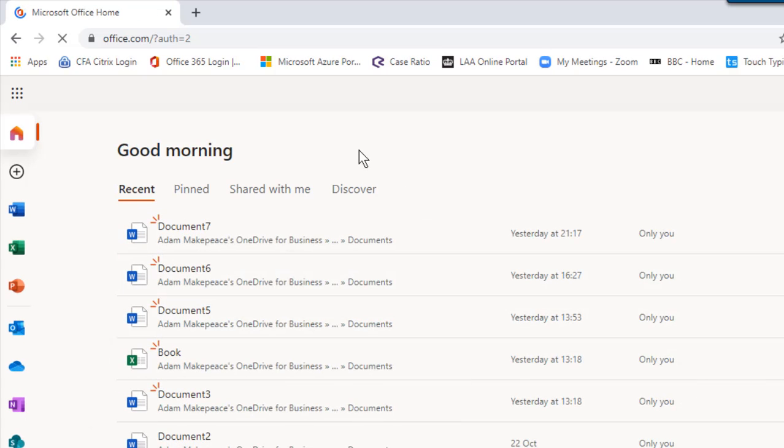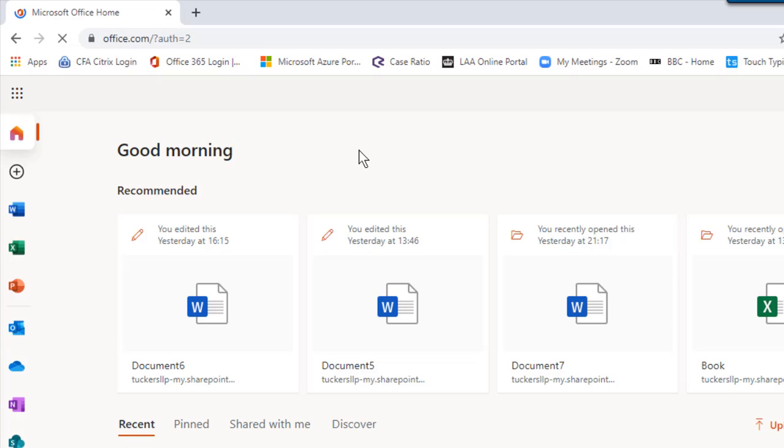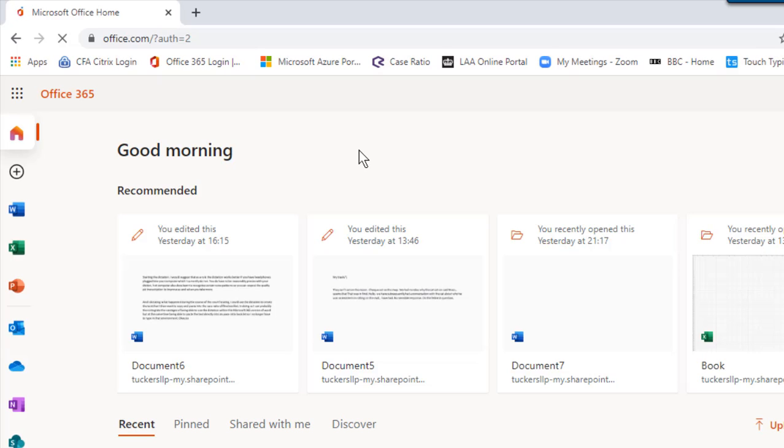This particular portal is quite good at keeping you signed in, but if you do have to log in, it's the same process as you use to log into Case Ratio Online now, and indeed Case Ratio Offline if you've logged out, because we've consolidated all of the login processes. So that will bring you to the Microsoft Office 365 homepage, and you've got a list of various applications down the left, and we're going to be dealing with this version of Microsoft Word, which is the online version of